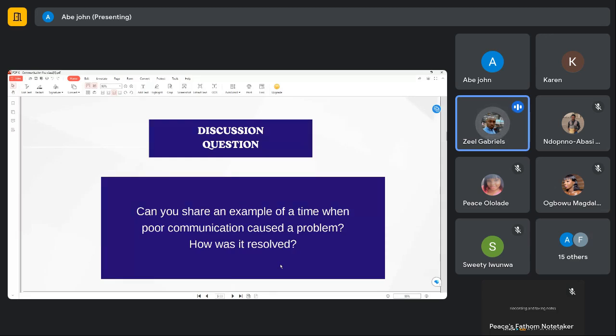But we failed to get what we used to call a KPI that is supposed to guide each and every person in their respective roles. So at the end of the sprint, let's say by the end of the first quarter, we were all left dumbfounded in terms of what we were able to achieve. Person A will say I was the one that did this, person B will say I was the one that did this. So there was this argument from everybody because the whole thing was scattered and the roles were not defined. So that created a huge problem.